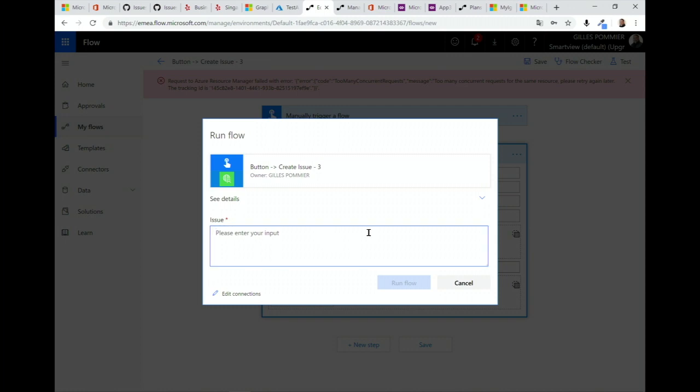So I hope it will work. So this is a new bug. I'll run the flow.